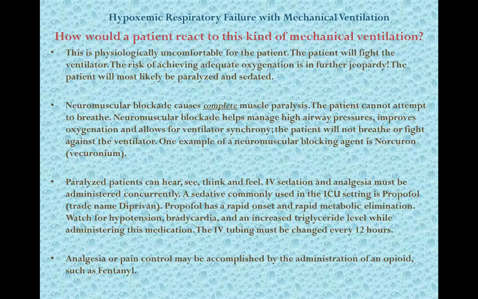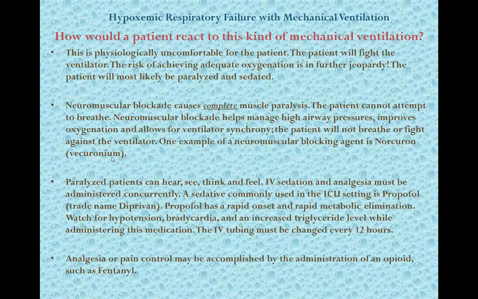The patient won't breathe or fight against the ventilator. The group of drugs that is used for neuromuscular blockade is called vecuronium. It ends in IUM, and this is one medication, one example. Norcuron, vecuronium. There's several others that are on the market, most of them end like what you know with pharm,